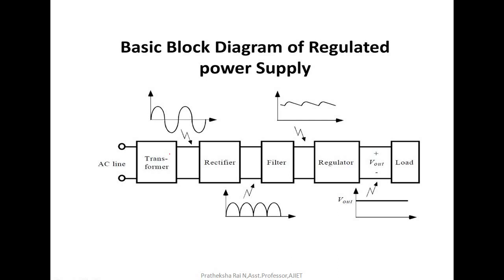Now, what is important here is knowing this part, that is the filter. After using the filter, then we are making use of a regulator to get a regulated output. We are mainly concentrating on filters here. So if you see the output, from the step down transformer we are getting this input, yes, AC input, it is given to the rectifier. Then we are getting this output, and after the filter, this is the output we are getting.